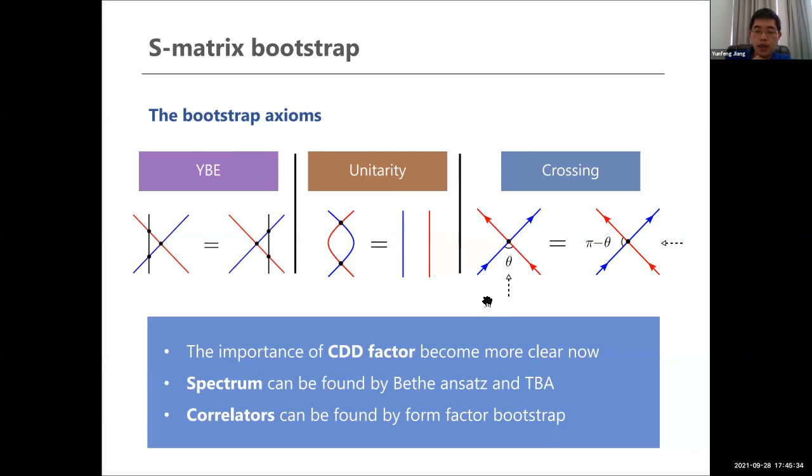Now, in this story, there is an interesting history about the CDD factor. In the early days, it was called the CDD ambiguity, because these are basically a set of functions that automatically satisfy this condition. So if you take any healthy S matrix and multiply by the CDD factor, the deformed S matrix still satisfies this condition. In the early days, people just regarded these CDD factors as slightly annoying ambiguities, which we just wanted to fix and get rid of.